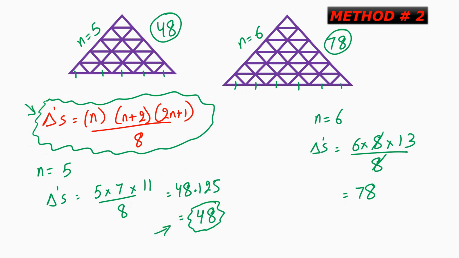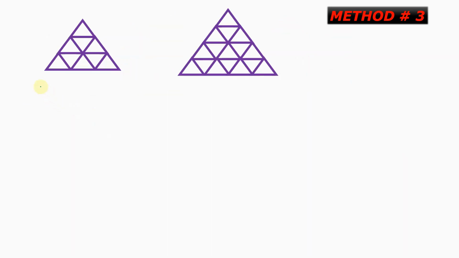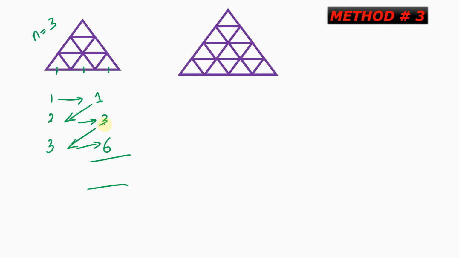Now let us check out method number 3. So here again n equals 3. Simply write down 1, 2, 3. Write 1 over here. 1 plus 2 will give us 3. 3 plus 3 will give us 6. Then add these numbers: 1 plus 3 plus 6 gives us 10. Then use the drop and pick method. That is, you drop this, you pick this, and then you drop this. That is, you add the number 3 and hence we get our answer as 13.